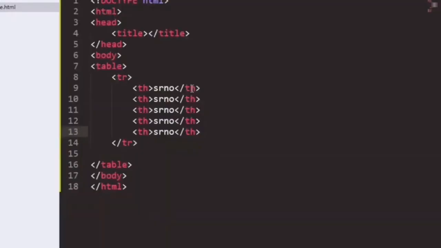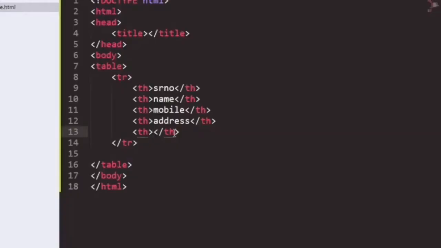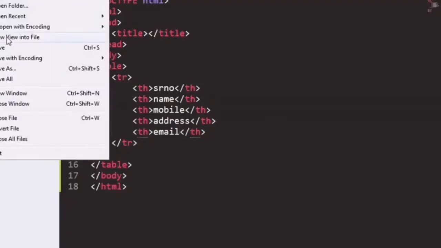So I will copy paste the tags and change the heading name. Now we will change the heading over there. So save the file.